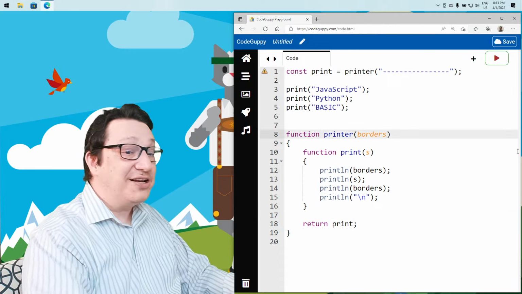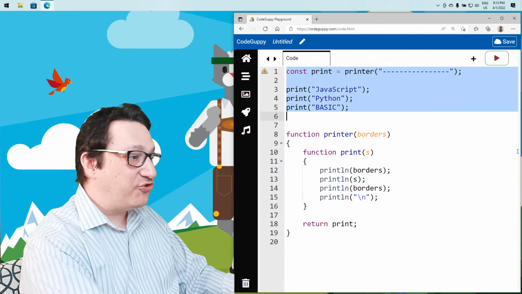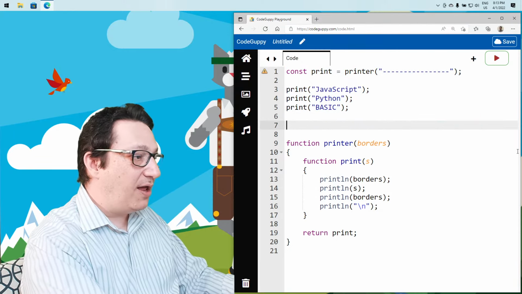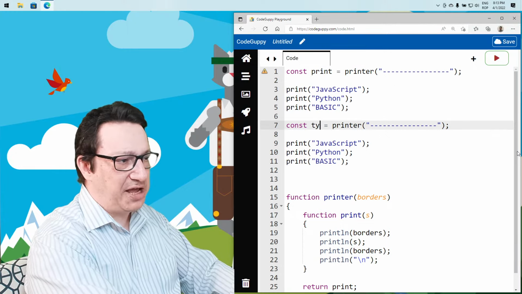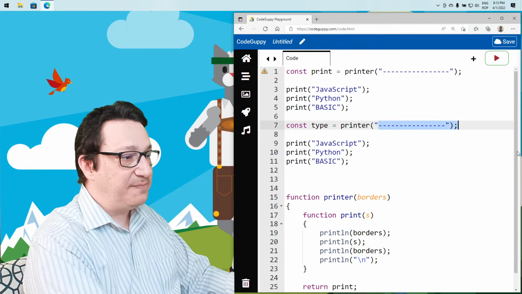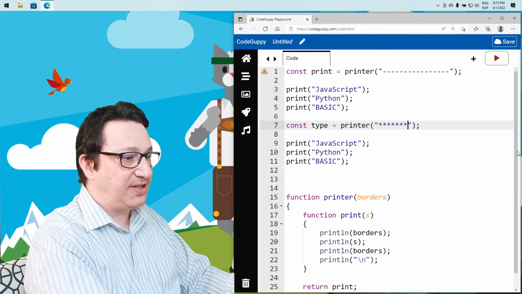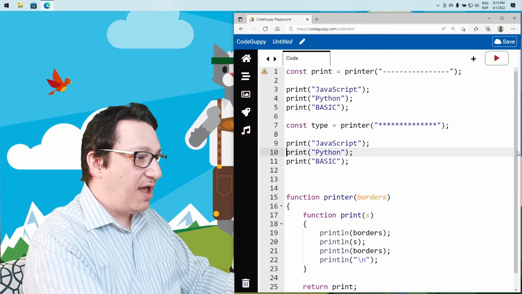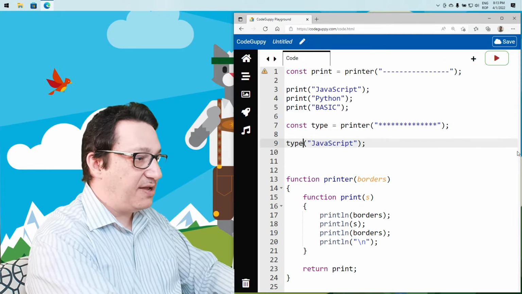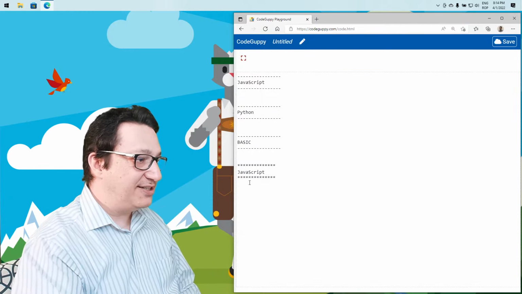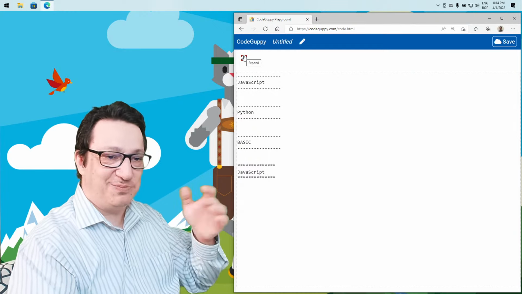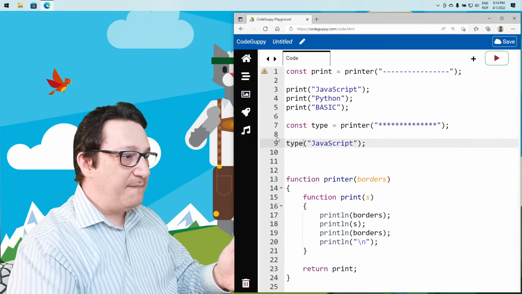And now we can create another factory. Perhaps we should have the second one, let's name it type, like this, type. And we should have another printer, and there's characters, maybe stars here. And let's say this time type JavaScript. If we do this, we should basically see JavaScript displayed enclosed with stars, because right now we are